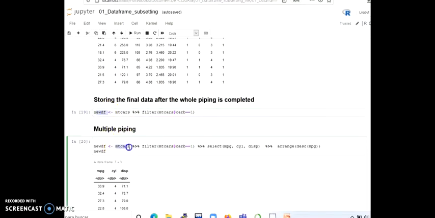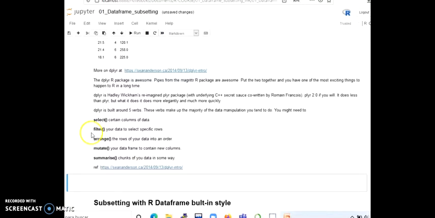And here you're getting the mtcars, passing it to filter, then passing it to select, and passing it to arrange. So this is multiple piping that you can do as many times as you want. It's infinite. The commands you can run are select for certain columns, filter to select certain rows, arrange to reorder your data, mutate to create new columns based on the existing columns, calculated columns, and summarize, which is like the group by in SQL or the aggregate that we've